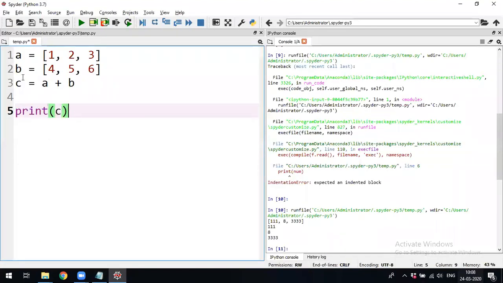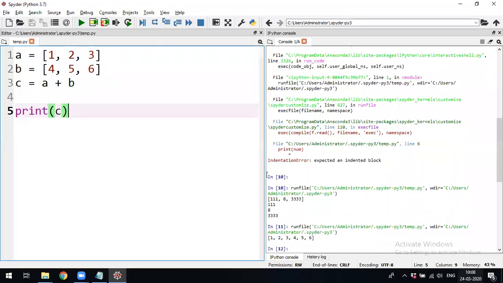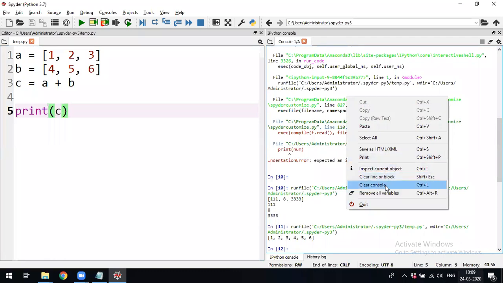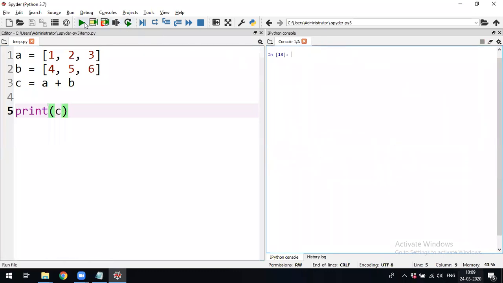The output of the addition operation on the two lists will be, it is going to add the lists, not add the elements inside the list. See, now the C is 1, 2, 3, 4, 5, 6. It is going to include all the elements which are present in the two lists, and it will put them inside one more list called C. And now the C contains 6 elements.